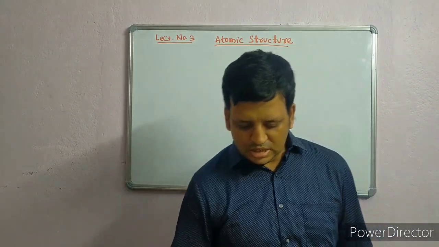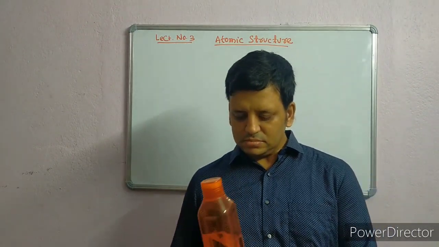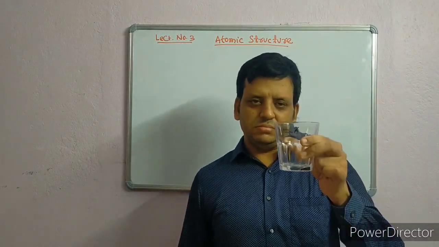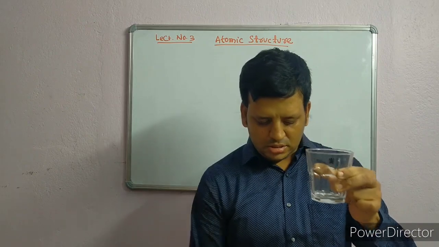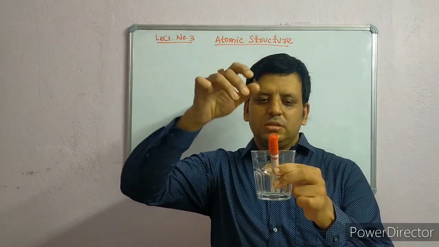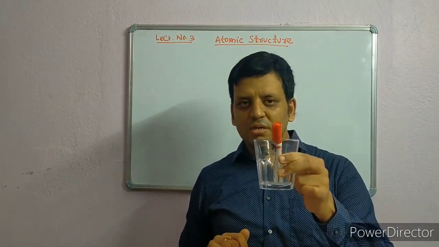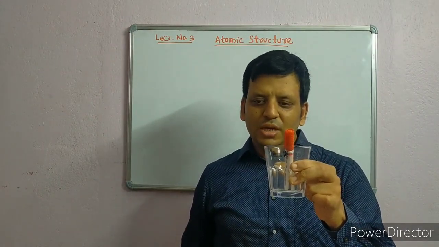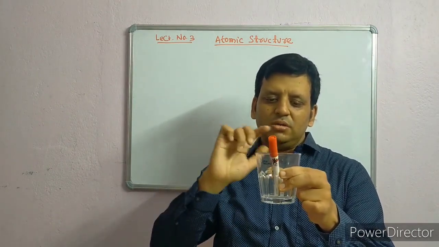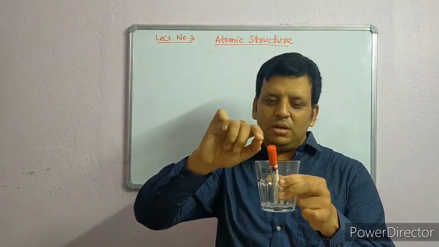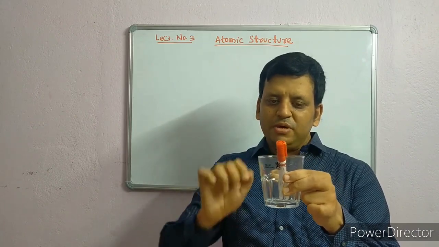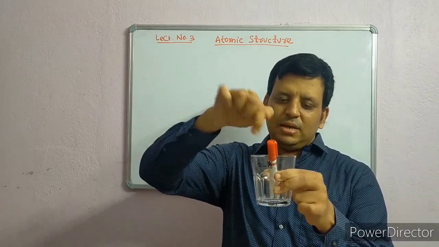Okay, let us do something else. This is a glass. What I am going to do? I am going to insert a marker pen like this. I am able to insert it. I can ensure that this marker pen is not on the ground. It has not been dropped onto the ground. Every part of the marker pen is above the ground, and some part is inside the glass as well.